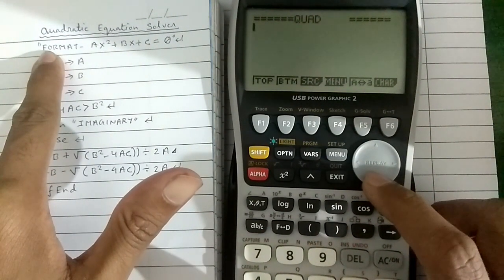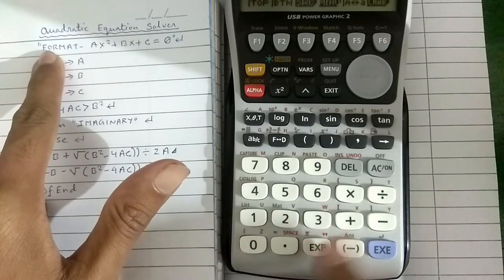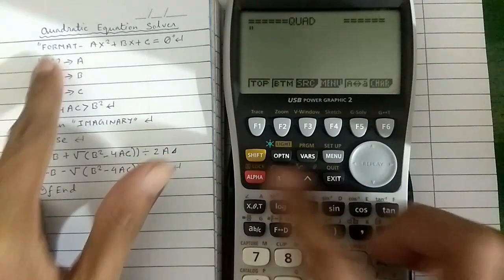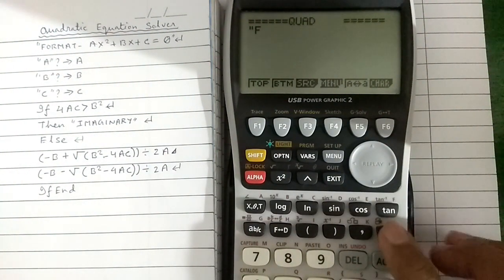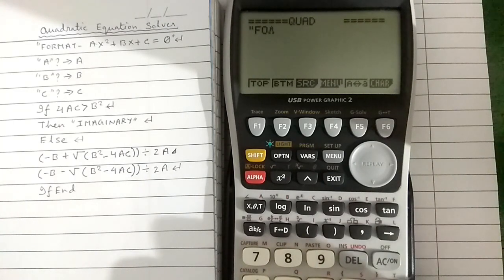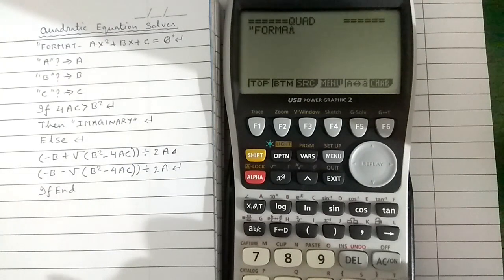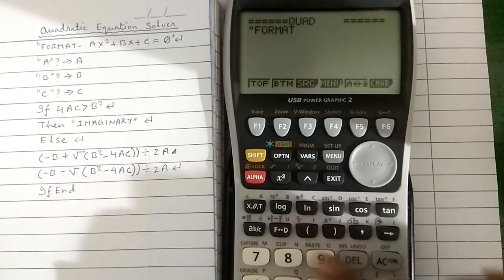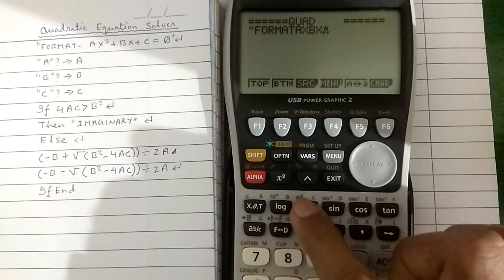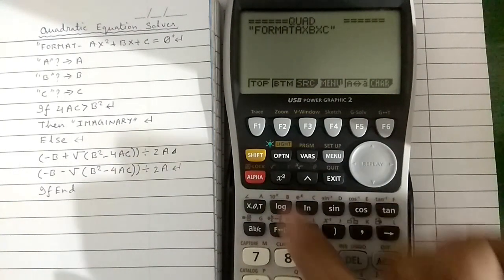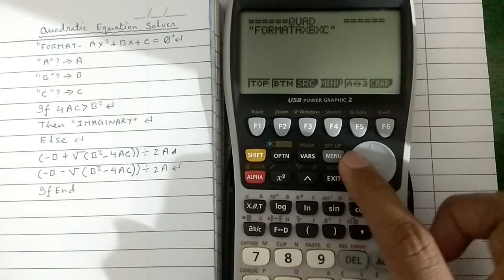First is quotation mark. For quotation, press alpha and exponent button. Alpha lock. Exit alpha lock mode by pressing alpha once.